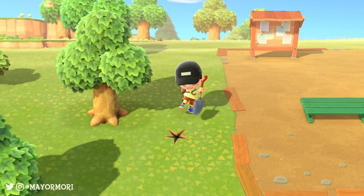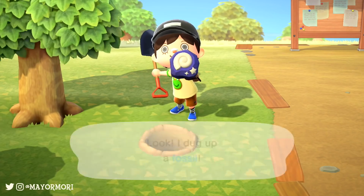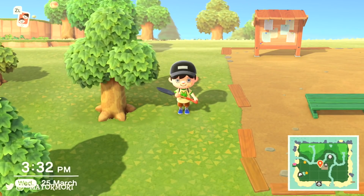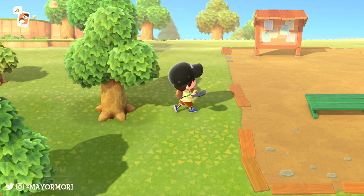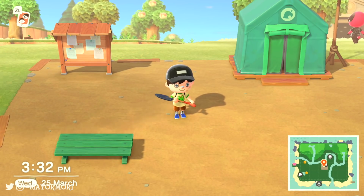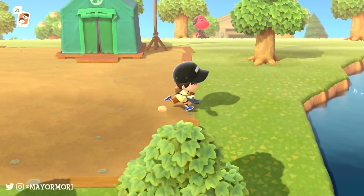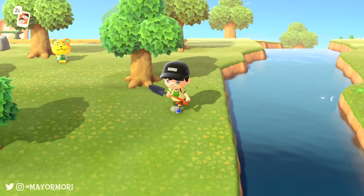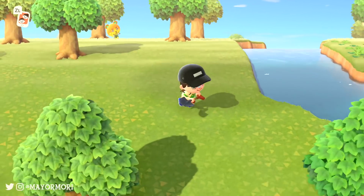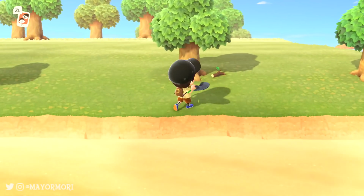This is obviously a fossil. Very sad that gyroids aren't in the game. Hopefully they add those in an update. I'm really hoping they do, because that was one of my favourite aspects of pretty much every Animal Crossing I've played. Even the small appearance they had in Pocket Camp with the events and as a crafting material, I just thought it was cool seeing all the different designs. But especially in the original and in New Leaf, I enjoyed setting up rooms just with those guys in. So it's a shame they're not in the game, but I do think we'll get regular updates at some point where we